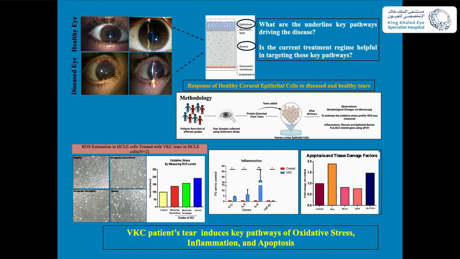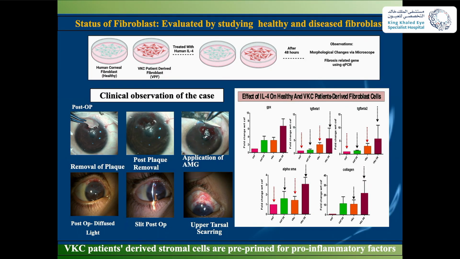So what we are doing here is we are taking the VKC patients' tear samples and, where possible, impression cytology, and also culturing the conjunctival epithelial cells in the lab, and we are seeing what the tears contain. Can they create a disease in the lab in vitro? And we are able to find something interesting: we believed that the fibroblasts are not very active in VKC, but here we are seeing the fibroblasts are quite active, and they are